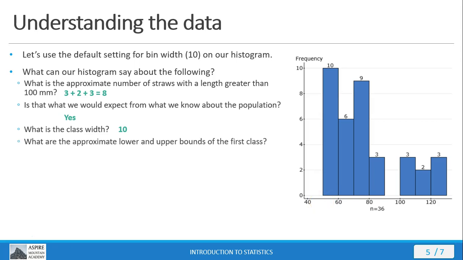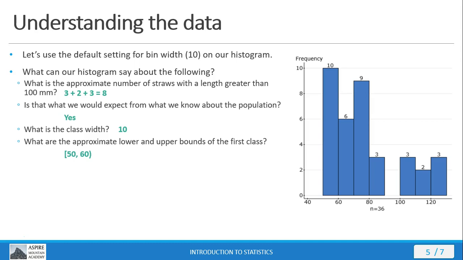Now, what are the approximate lower and upper bounds of the first class? Well, it's going to be 50 to 60, including 50, but not including 60. Note, this square bracket here means 50 is included in the data set, and the parenthesis means 60 is not included in the data set. So the set of possible values in this class include everything starting at 50 and on up, but